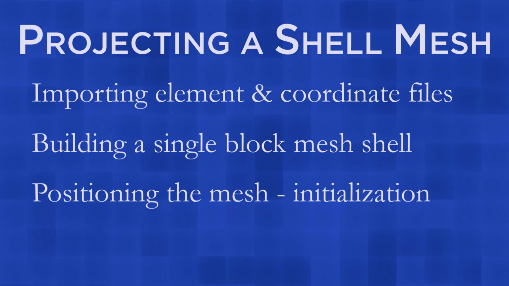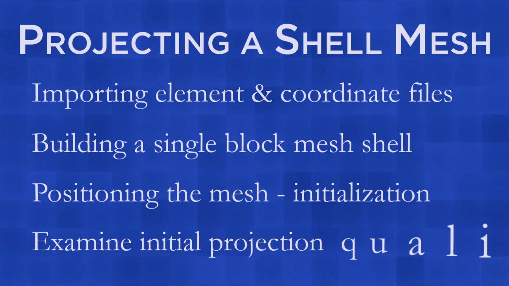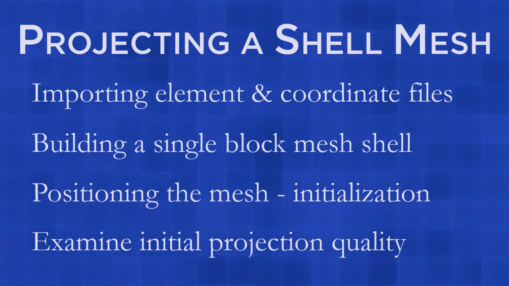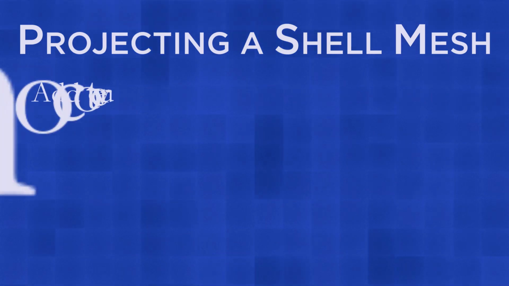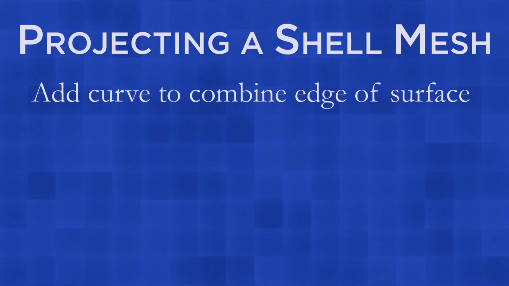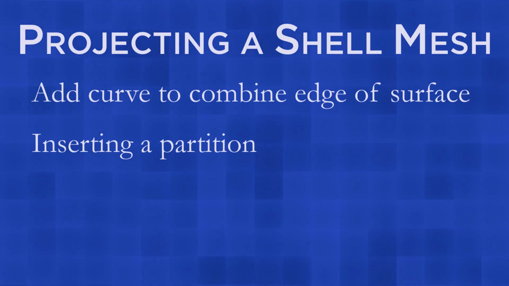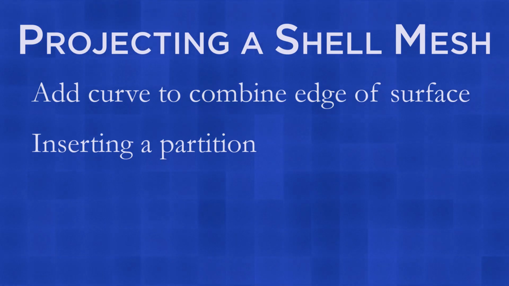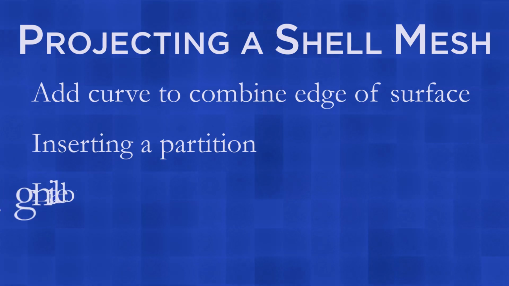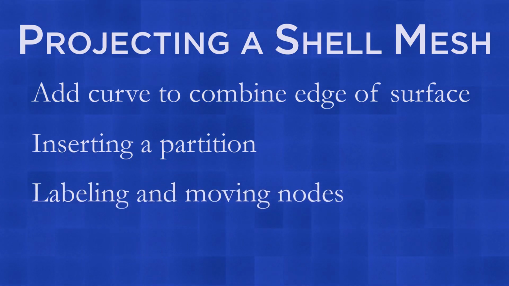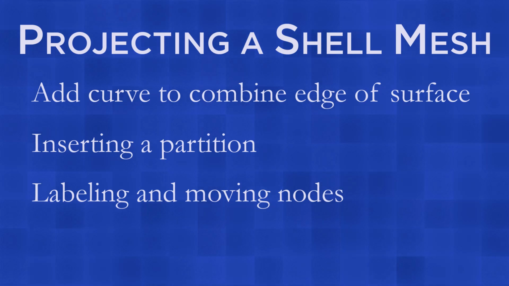We call this initialization of the part when we are moving and adjusting it into the best location before projection. Then we will examine the initial projection and look for quality issues to show you how to solve these issues to improve the quality of your mesh. We are going to add a 2D curve and combine and attach two edges to that curve. We are going to insert partitions to give us a 3-block mesh. We are going to label and move nodes into new positions, and we are going to add a 3D spline